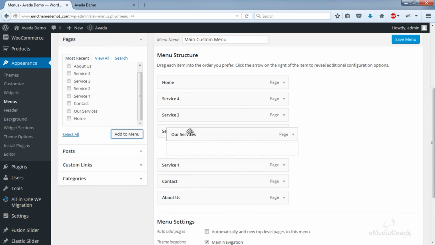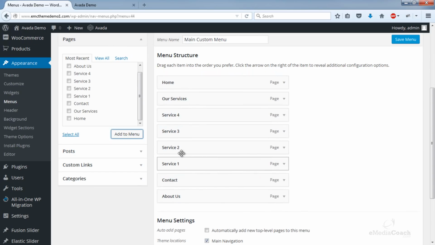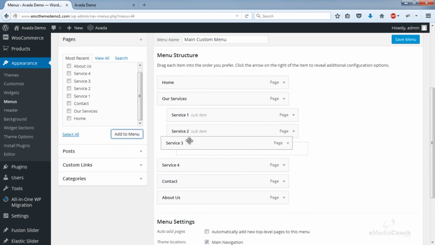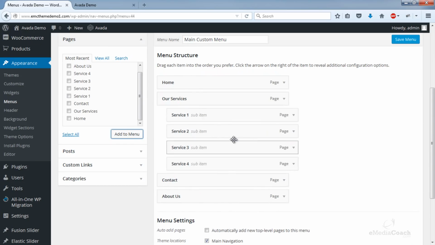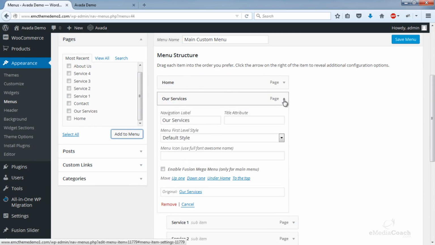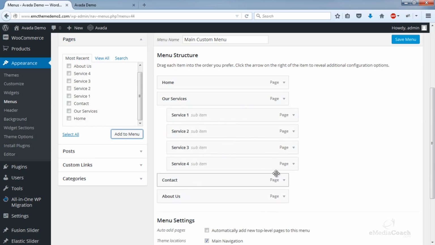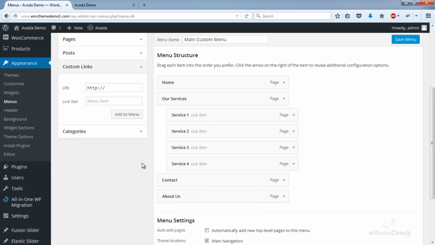Okay, our services, service 1 under our services, service 2, 3 and 4. Now what I can do, I can actually rearrange everything like you just saw. Another really cool thing I can do, I can add custom links to the menu, so I can add absolutely anything I want. Add it to the menu.